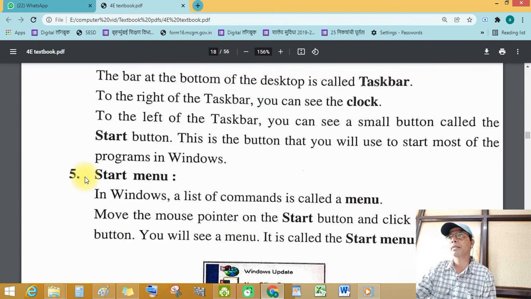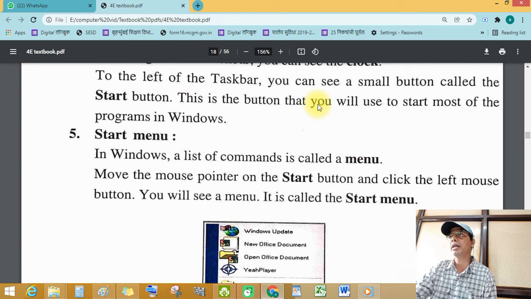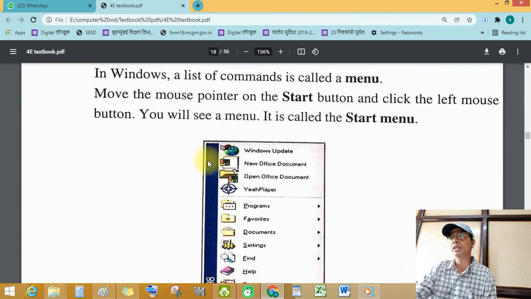This is the button that you will use to start most of the programs in Windows. Okay, the start menu. A list of commands in Windows is called a menu. Move the mouse pointer on the start button and click the left mouse button, you will see a menu called the start menu.